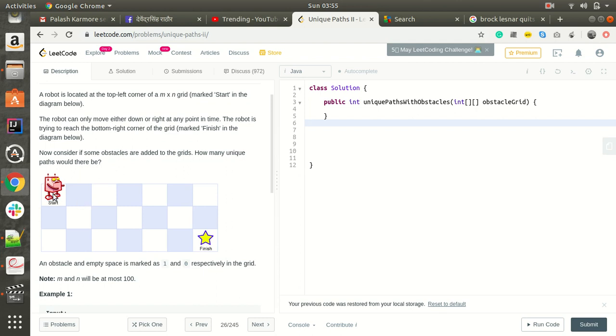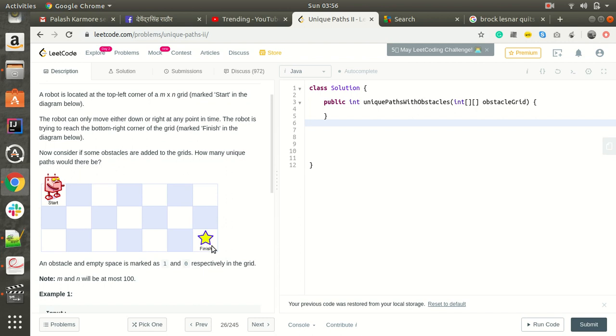If the robot started at the 0 0 location and was able to reach the end index, which is m equal to obstacleGrid.length minus 1, and n equal to the number of columns minus 1, because it is a 0 index. We can have two values that represent the end index, the finish line.